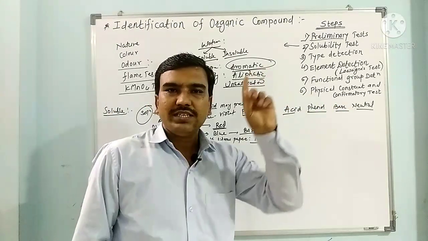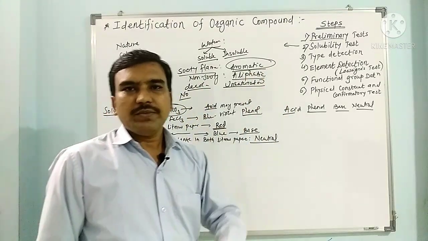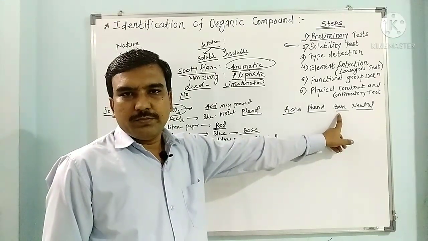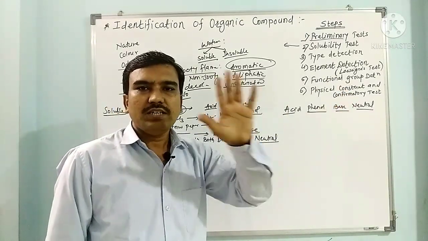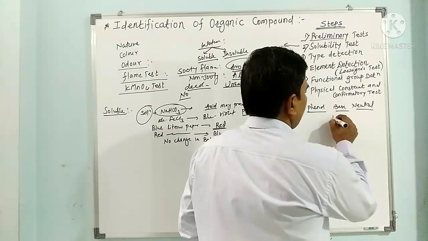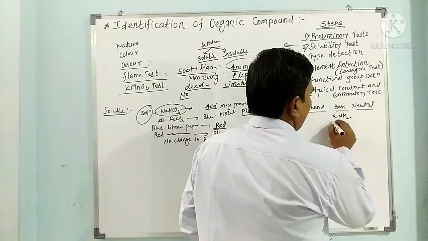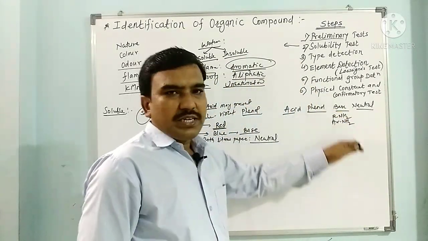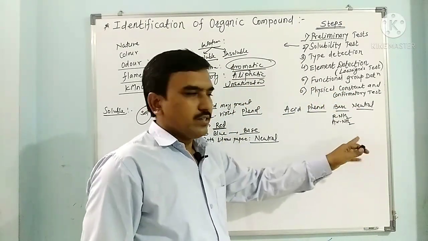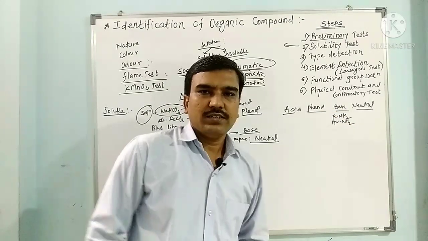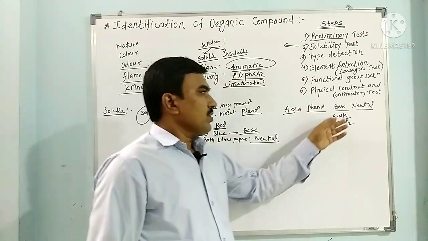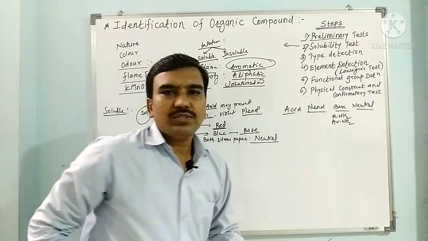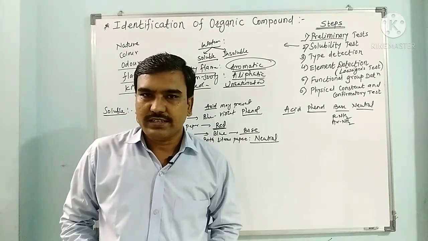In the bases, all the amines are included, whether primary amines, secondary amines or tertiary amines. All the amines are organic bases, such as primary amines RNH2 or aromatic amines ArNH2. These are the primary amines. It can have substitution at nitrogen, so it can be secondary or tertiary. So aromatic amines or alkyl amines are the organic bases, and all the rest of the compounds are categorized in the neutral category.